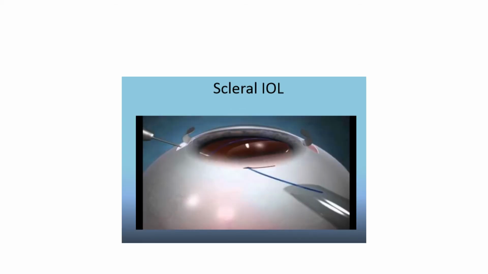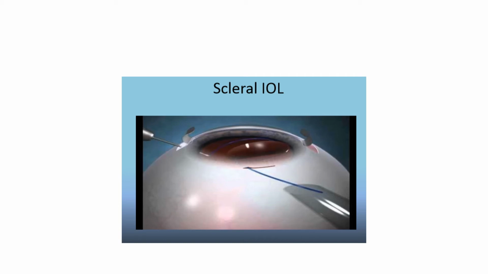This picture shows a scleral fixated IOL. This kind of lens is placed when there is no support of capsule, and the lens cannot be placed in the sulcus because there's no rim of the capsule left. This happens usually when there's too much of a tear in the posterior capsule, or when there's a complete dislocation of the lens. We do scleral fixation of the IOL.